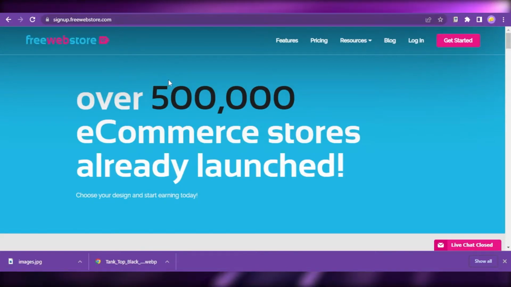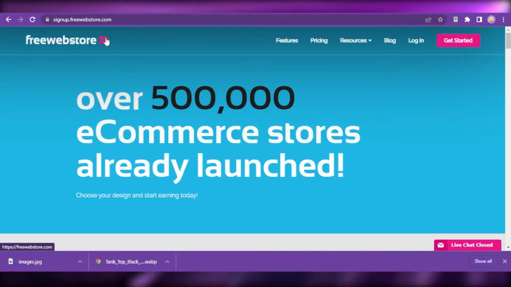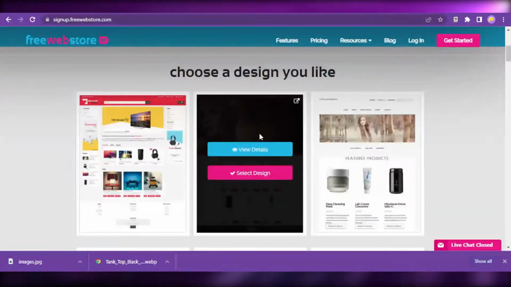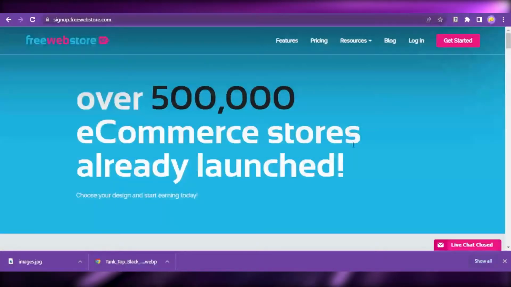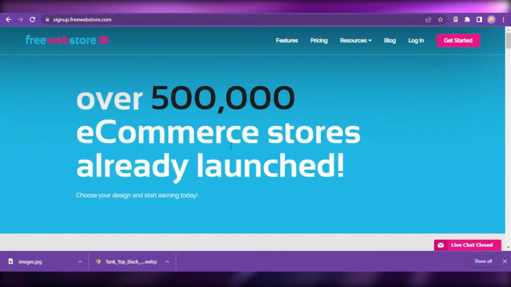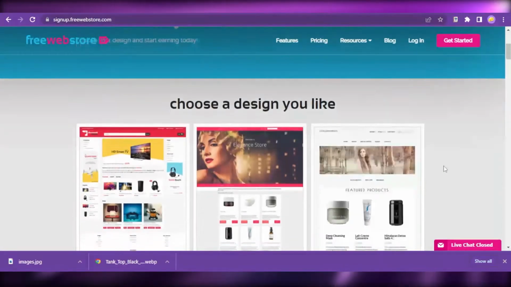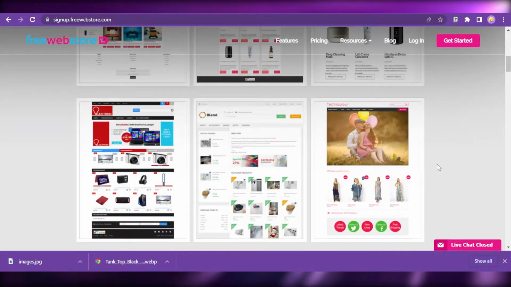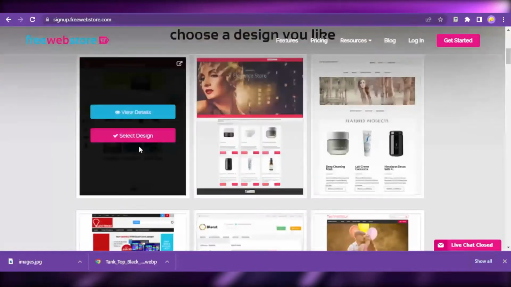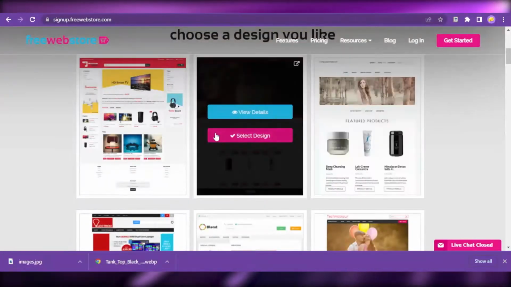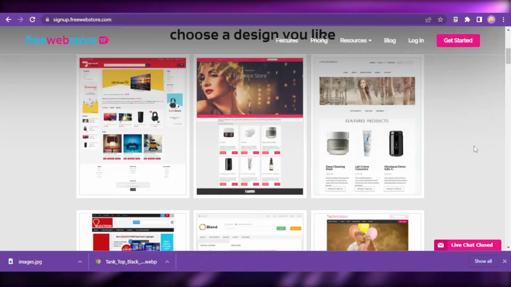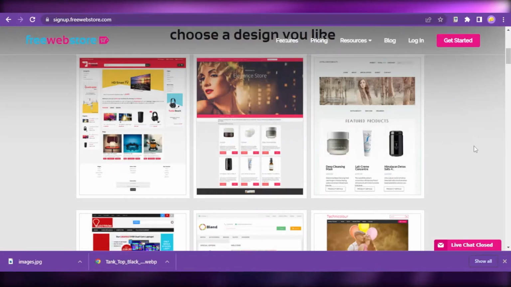So first, you want to go to signup.freewebstore.com, this free website builder and platform to create your own websites for free. In this Free Web Store platform, you can browse hundreds of designs, create your own, and save your own library of themes to use throughout the year, from simple to color minimalist designs to graphic-laden masterpieces. Free Web Store accommodates them all, equipped with many tools such as theme editor, image editor, incorporating your social media,